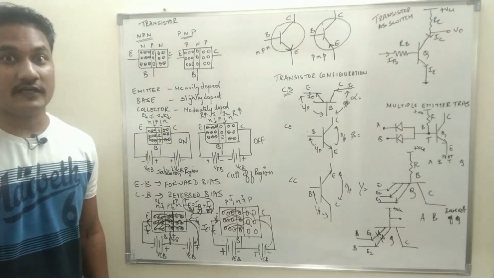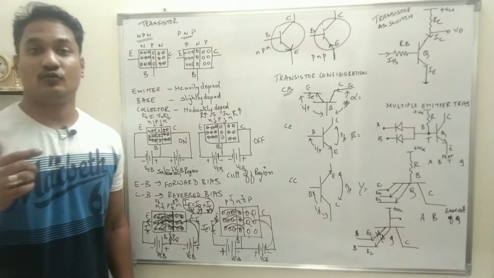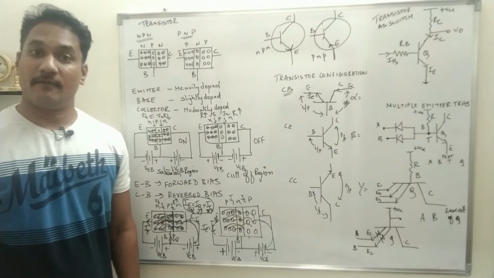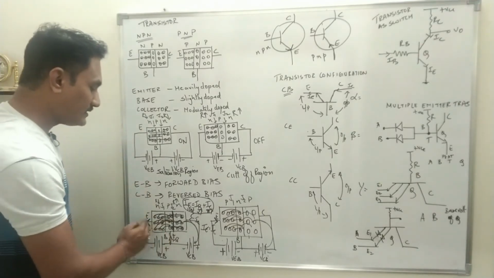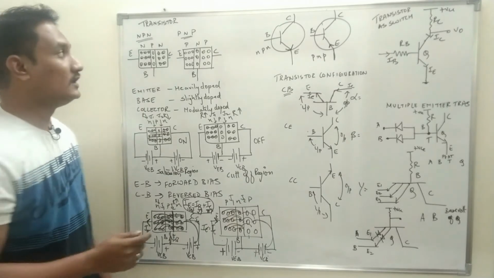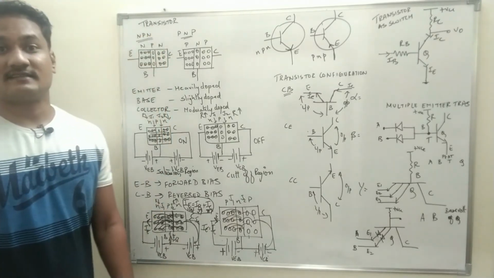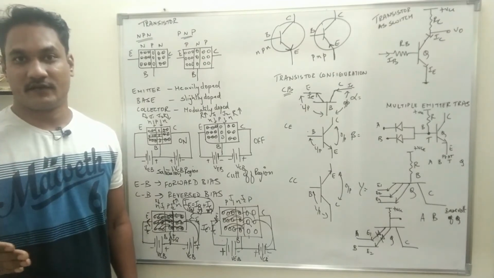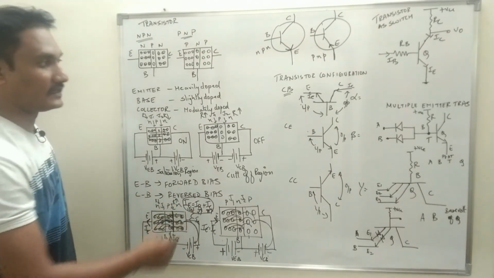This is a very, very important thing to understand for how the transistor can be used as an amplifier. So when the charge carrier moves, they experience transfer of resistance, and that is how it got the name transistor, transfer of resistors. Okay, so this is the basic concept.